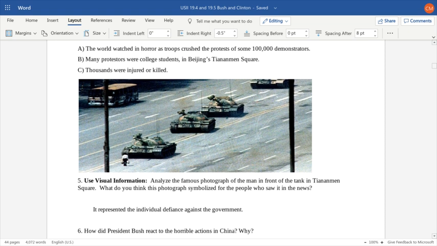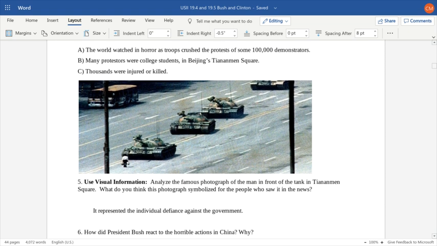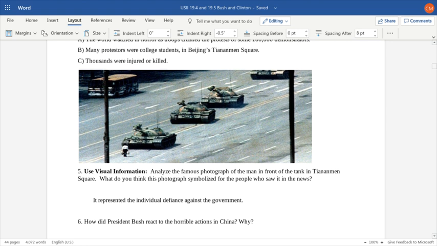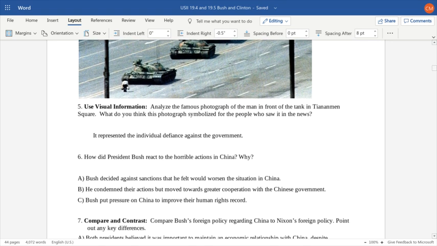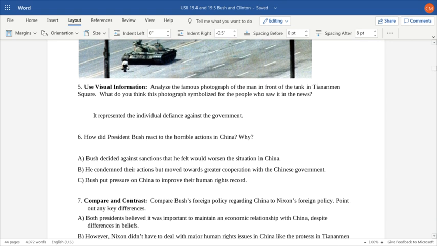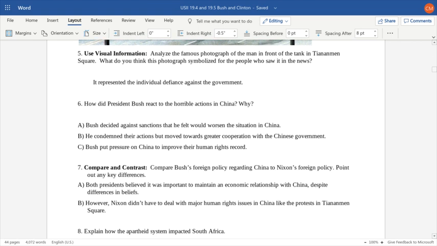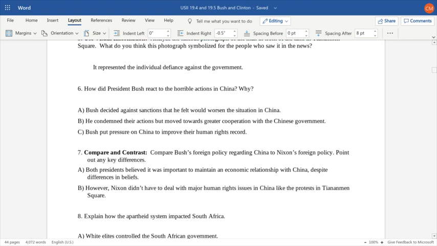So obviously this is an infringement on the right to demonstrate and the individual freedoms of citizens in China. A lot of people looked to see what President Bush would do in reaction to the horrible stories coming out of China. It's also during a period of time in the 1980s that cable TV is becoming quite popular, and so the information is in the 24-hour news cycle for the first time as well. Of course, China is a very large and powerful country, so it's very difficult for the United States to definitively step in regard to